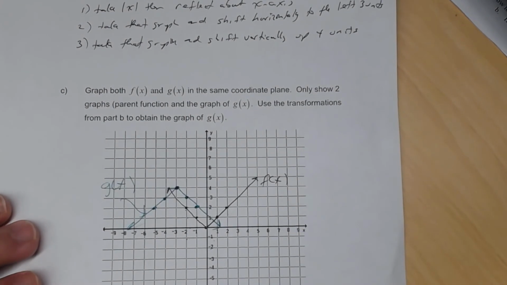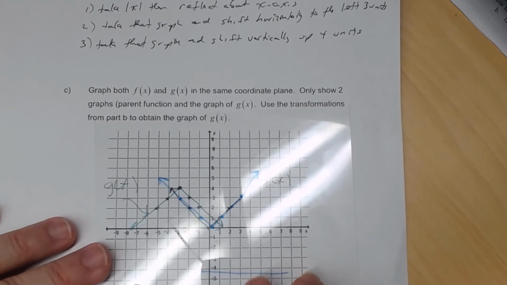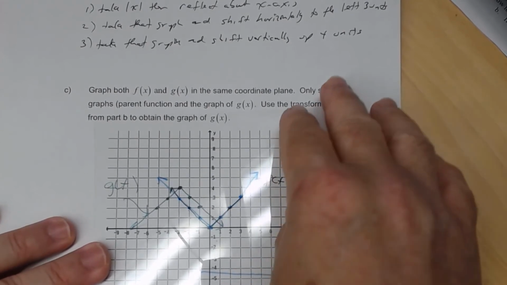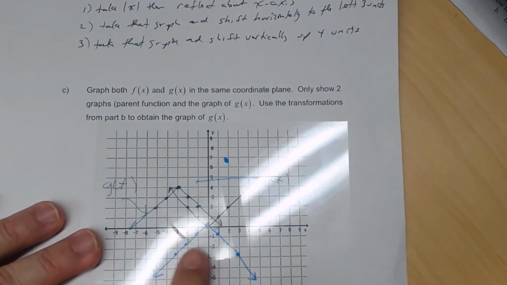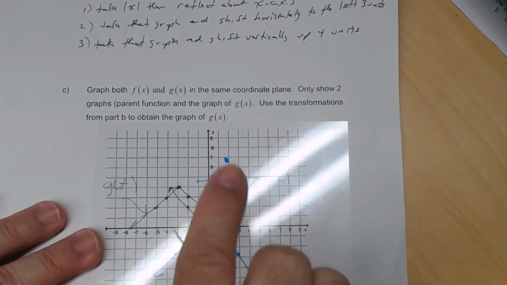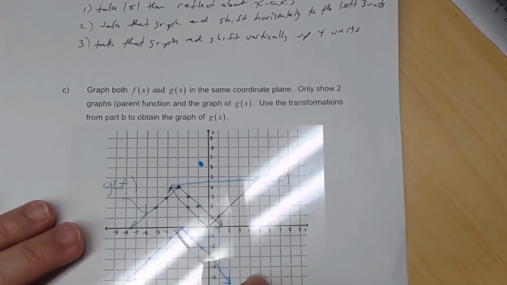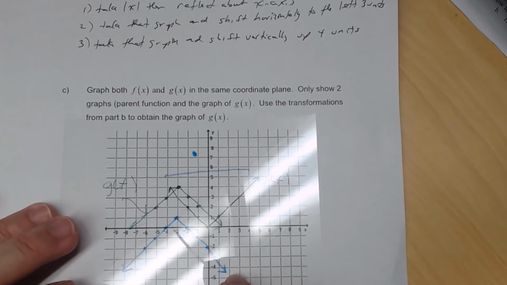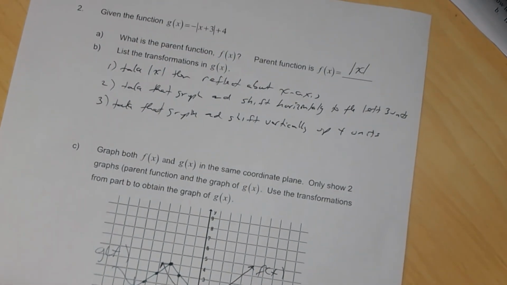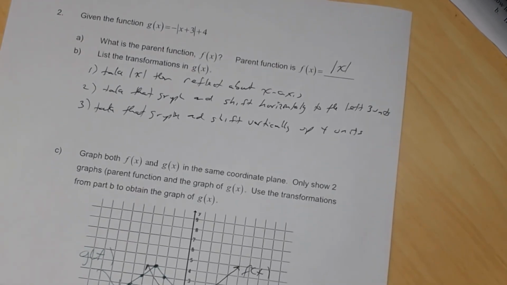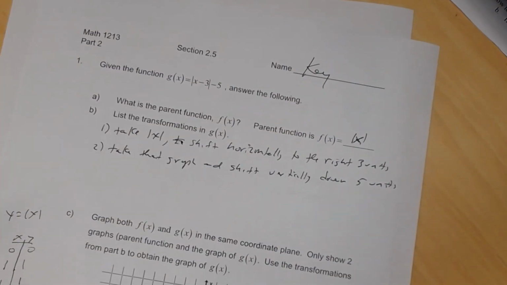And always check. Let's see if it's true. So here was my parent function. I reflected about the x-axis, so I get this right here. I shouldn't use the same transparency on that one, but this is what I get. Then I went to the left 3 units, 1, 2, 3, and then I shift it vertically up 4. 1, 2, 3, 4. And so notice I get that green graph. Okay? All right, so that takes care of worksheet 2.5, part